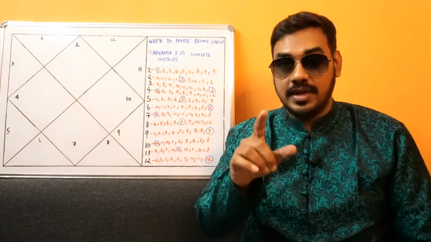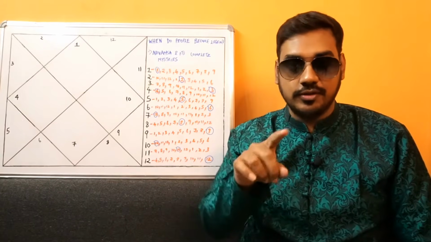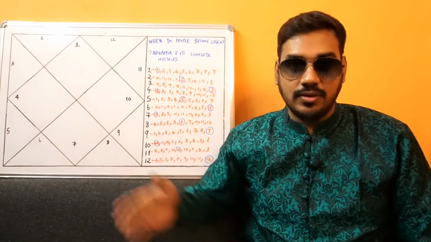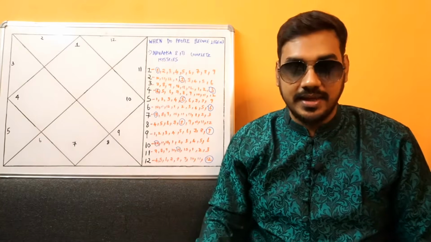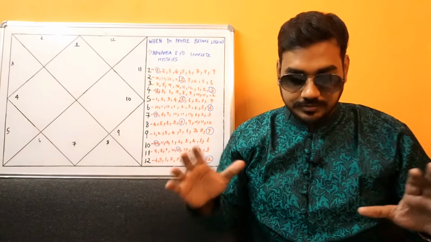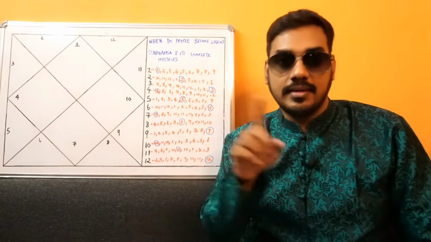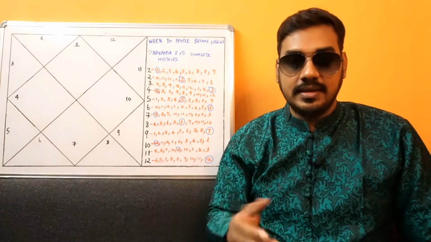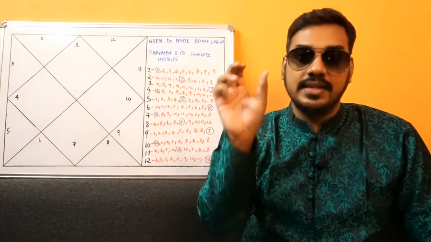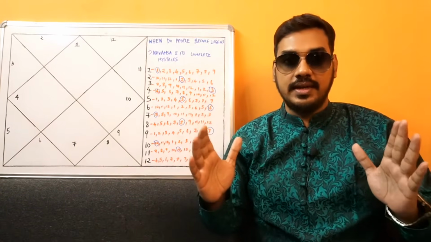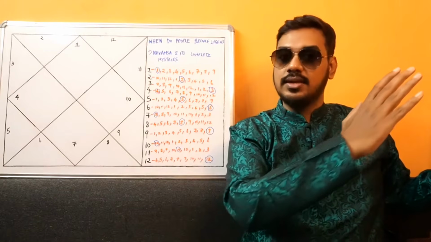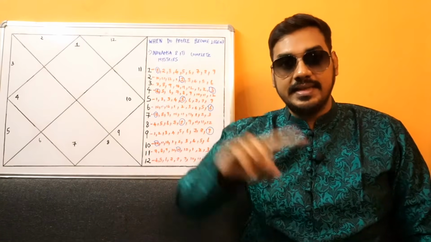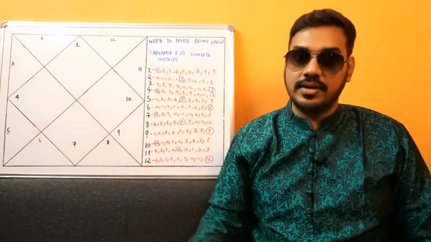So, in our zodiac and in the horoscope, there are 12 zodiac signs, from Aries to Pisces. Aries, Taurus, Gemini, it goes until Capricorn, Aquarius and Pisces. So, this 360-degree circle, the zodiac belt, is divided into 30° each, and each house and each Rashi is given 30 degrees. So, one house consists of 30 degrees, second house is from 30 to 60, third house is from 60 to 90, like that. So, we will talk about the Kal Purush chart, that is the Aries ascendant chart, because that's convenient and easy to understand.